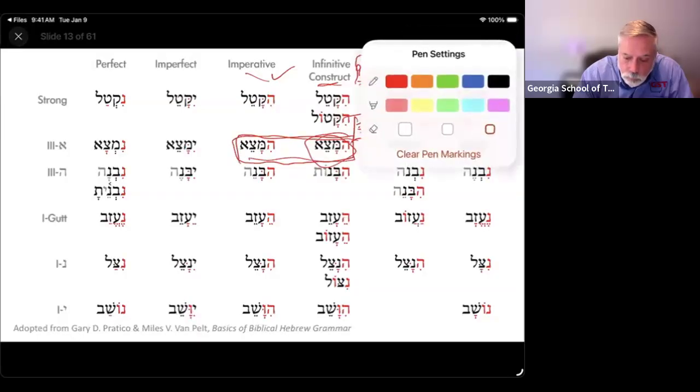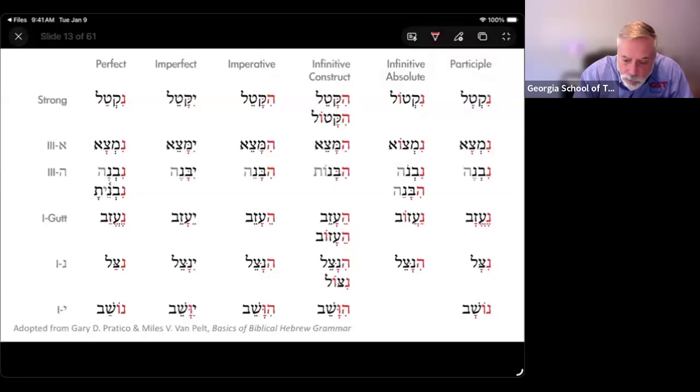All right. And again, in our infinitive absolute, what are we seeing? We're seeing the holem vav. We maintain the nun. In a participle, we maintain the nun, but we keep the qamets. So, all right. And in the third hey, pretty much the same thing. We maintain the nun quite often. There's the nun in the dagesh. Nothing's changed. We got our prefix with the